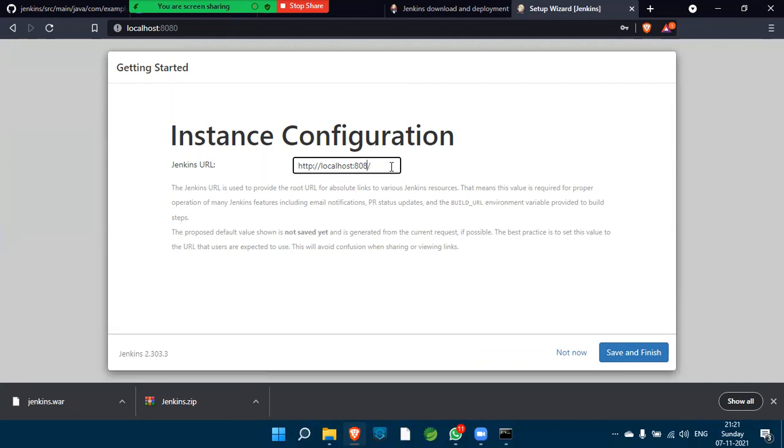If you want, you can choose an external port number also, not an issue. But I will choose 8080 here, not an issue. Here we can override the external port number. After that, save and finish.